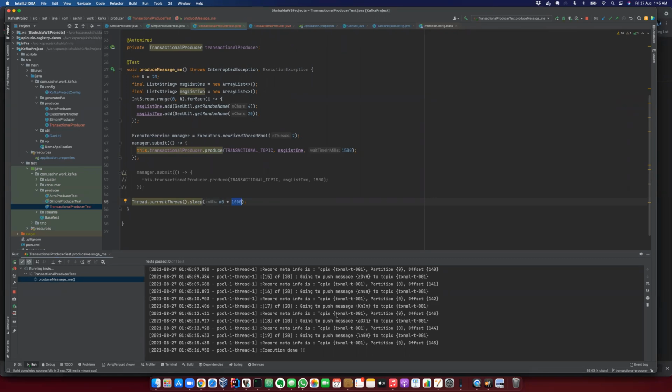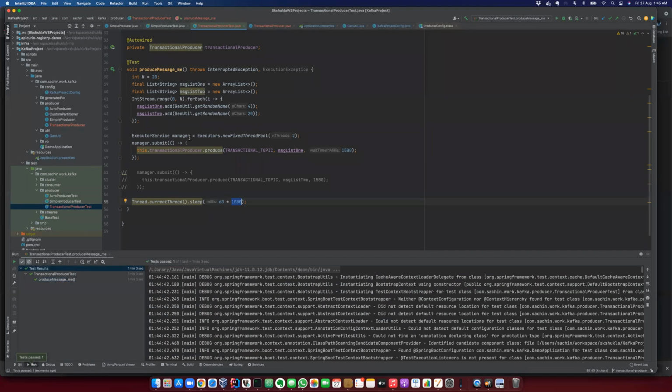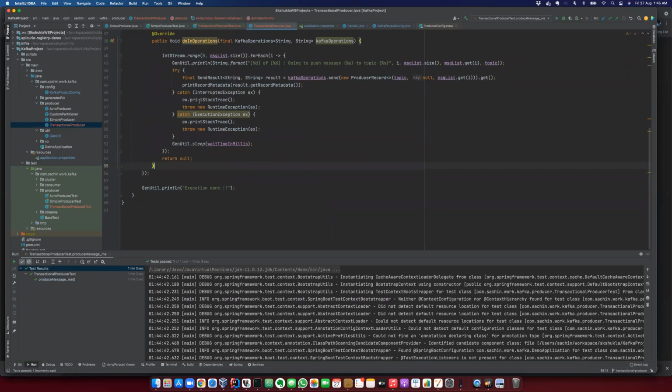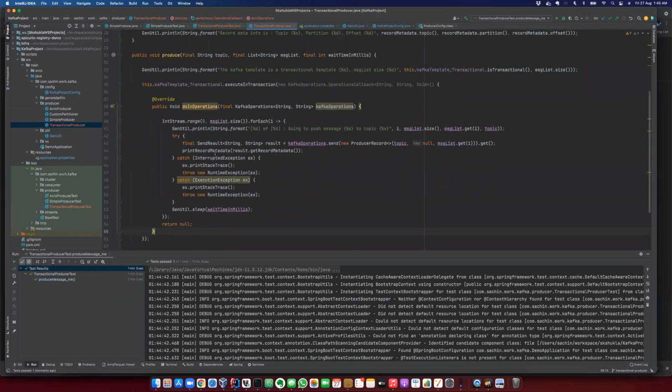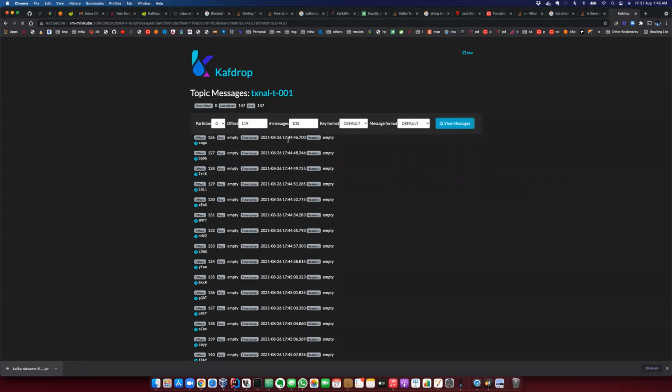So I think this makes it pretty clear what exactly a transactional producer is, and this showcases that either everything will be successful or everything will be rolled back. Rollback I have not shown, but I'm sure you can try it yourself: throw an exception when some condition is met, and then you see on your consumer side that nothing is visible over here. All right, so let me